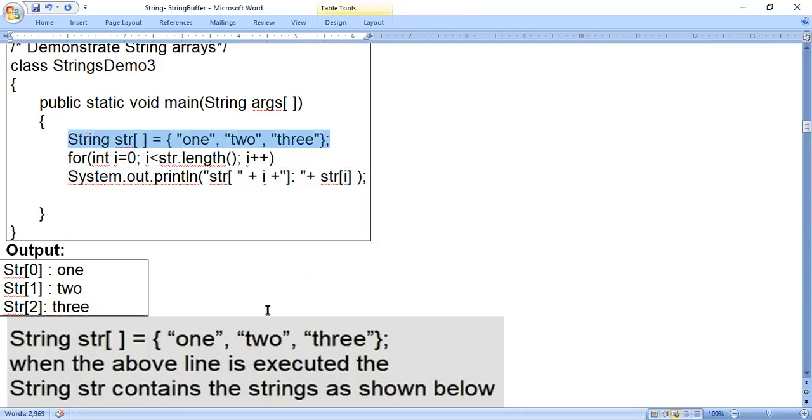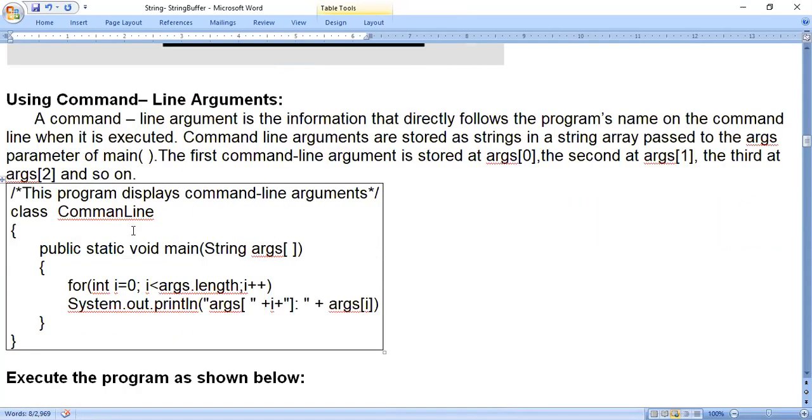In this command line program, I have not taken a string object here. I am directly using the for loop and args only. So whatever string variables are supplied to the program, only those I am taking, and it will calculate that length. You might have observed that in this program, if I say args.length, I cannot say directly in this statement what the length of args is, because I don't know what the length of the command line is. Till we execute the program, we will not come to know.